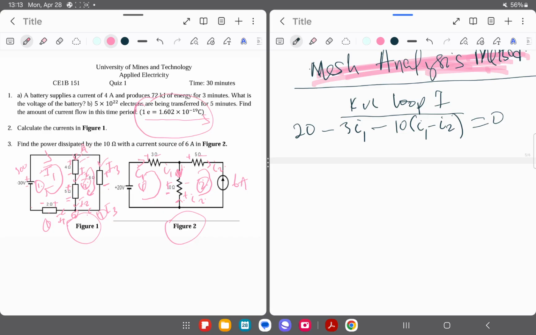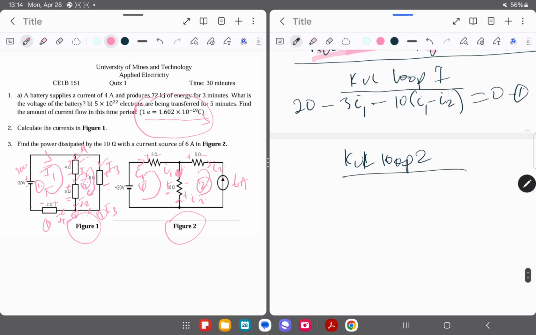Even if you don't want to simplify, we can leave it like this. Let's say I will just leave it like this, then I'll leave it at equation 1. Now we go to apply Kirchhoff voltage law to loop 2, right? So I have my loop 2 here. Now with loop 2, you can see that